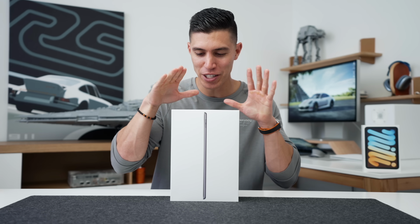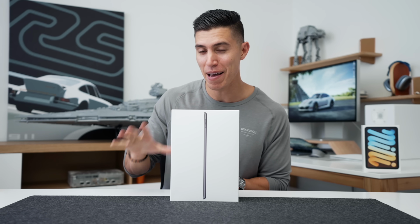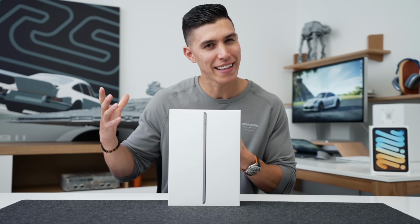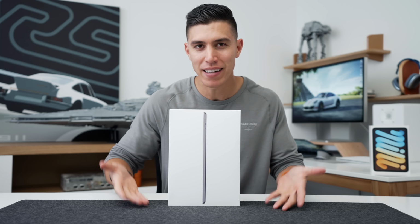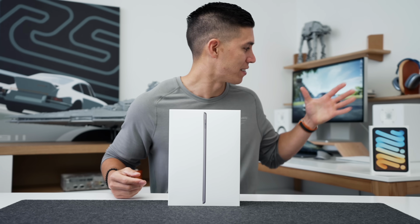This unboxing though is all about the entry level iPad. So this is the 9th gen iPad now. And in my opinion, this was maybe one of the more underwhelming announcements. Not to say that it isn't important because this is the best selling iPad. It's the cheapest iPad that you can get, but we kind of saw bigger upgrades, say coming to the mini